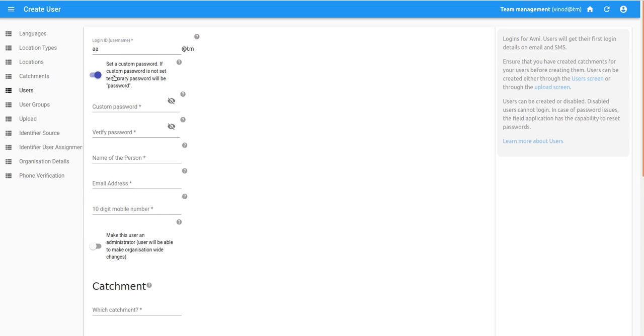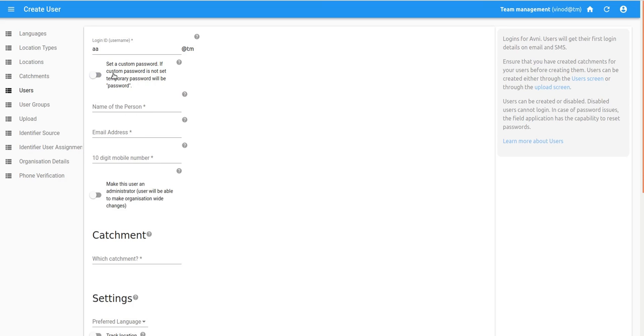Now with this option, you can create a custom strong password for the user, and you can ask them to use that. This will be their permanent password, and they won't be prompted to change their password when they do the first-time login. Of course, they can change it later, but during the login they won't be prompted to change it.